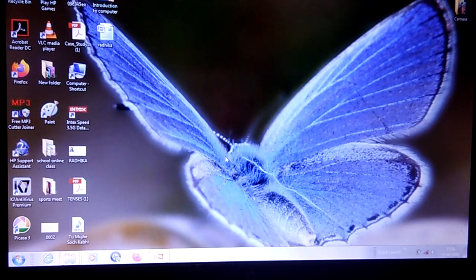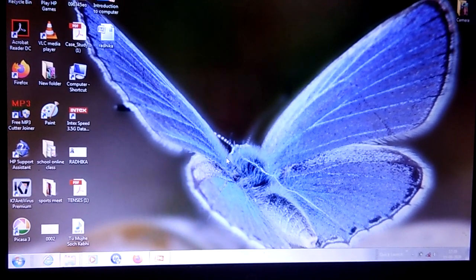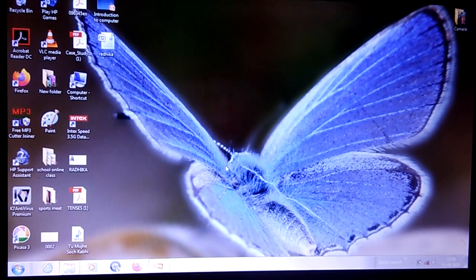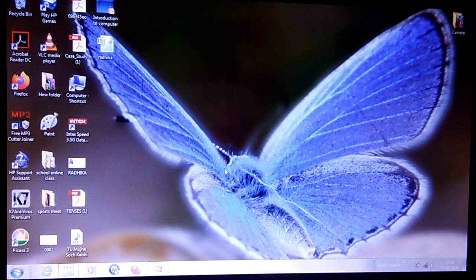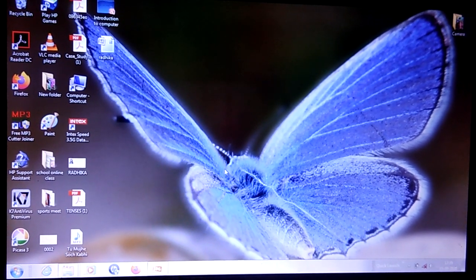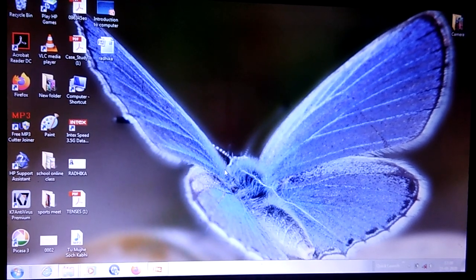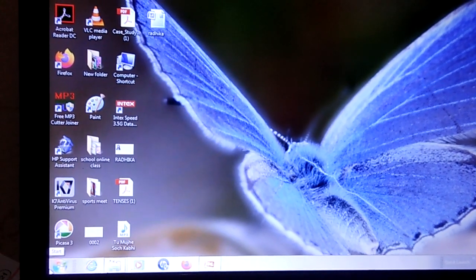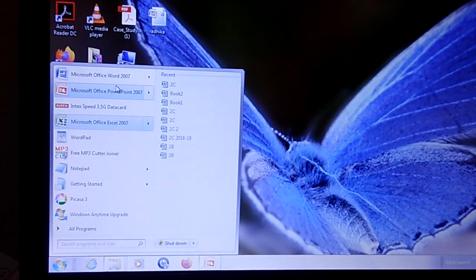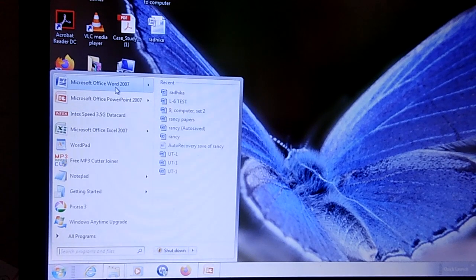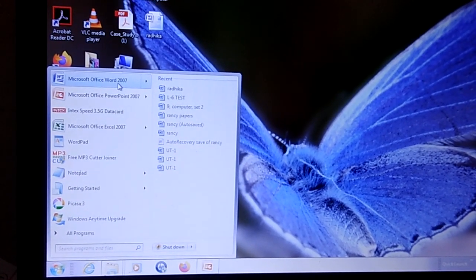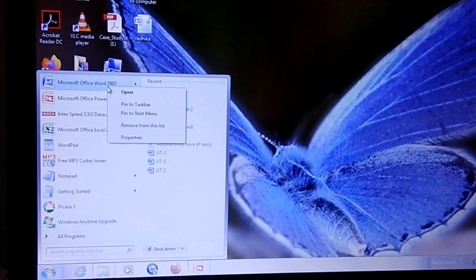You can use the taskbar to quickly access the programs that we use most often. So we have to open some applications from the start menu, all programs, and then navigate the menu and sub menu that appears. So we can add an application permanently to the taskbar which is used frequently. So the first step is locate the application you want to pin to the taskbar. So generally, mostly I use the MS Office, Microsoft Office Word. So right click the application in this way.